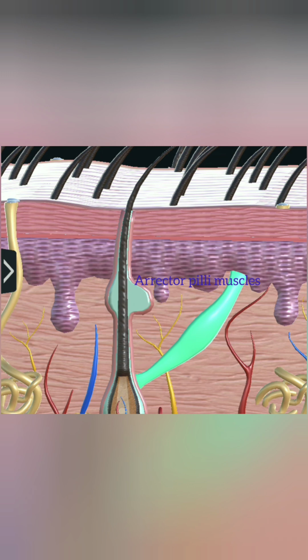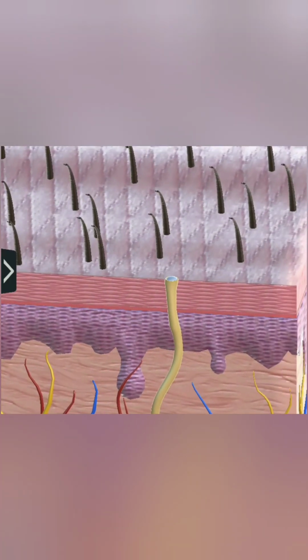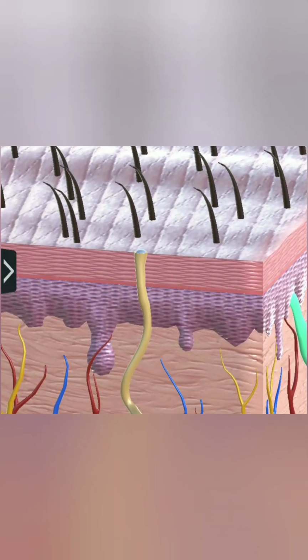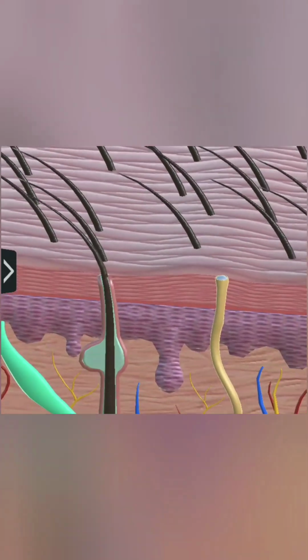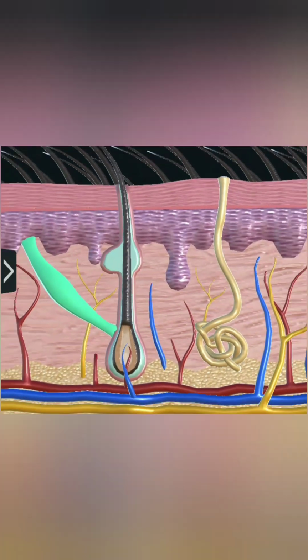The erector pili muscles are small muscles attached to hair follicles in mammals. Contraction of these muscles causes the hairs to stand on end, known colloquially as goosebumps. Each erector pili is composed of a bundle of smooth muscle fibers which